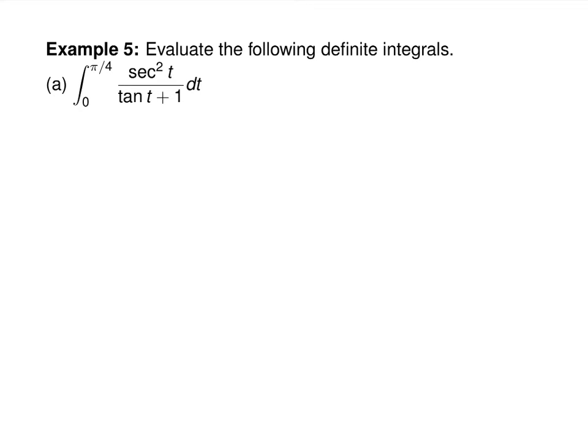Is there something you could substitute to make this simpler, like if something's derivative shows up? Tangent? So would it be easiest to substitute for a tangent, or can you do the whole denominator? Whole thing. If you can do the whole thing, do it. If you let u equal tan t plus 1, didn't you put square root of secant squared? Wouldn't I put the square root of secant? Because tan